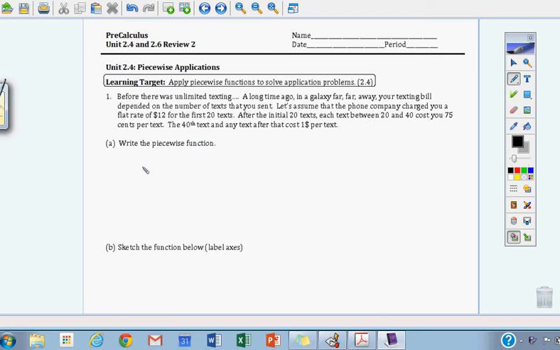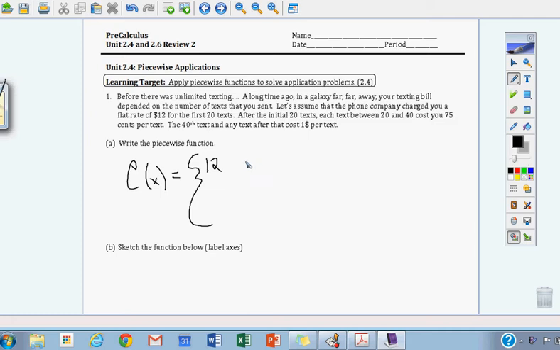Few times, and hopefully after you read it a few times you will get to the idea that we are going to find the cost or the bill, however you want to say that, as a function of the number of texts that you send. So the first thing we understand reading the problem is that you're going to spend $12 for the first 20